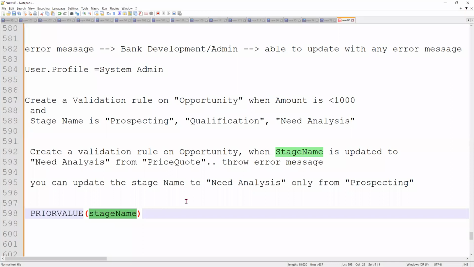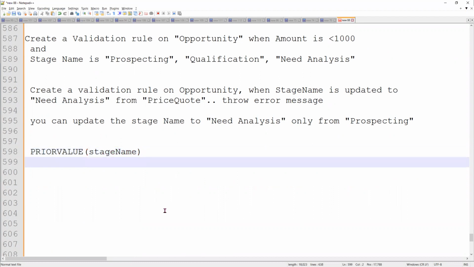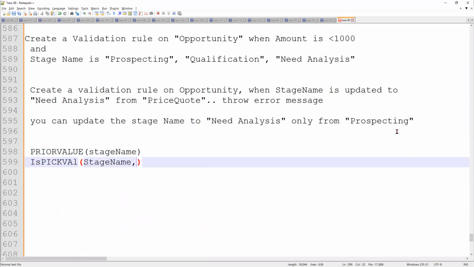Now how can I get the picklist value? In the validation rule, how can I get the picklist value? Is it ISPICKVAL? Is ISPICKVAL of stage name, comma, I need to check